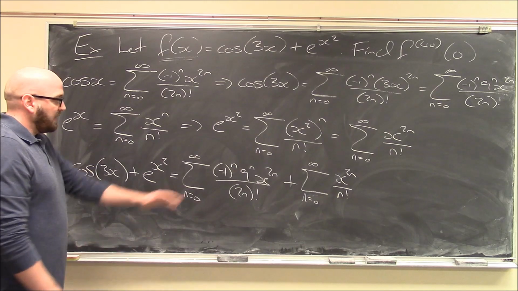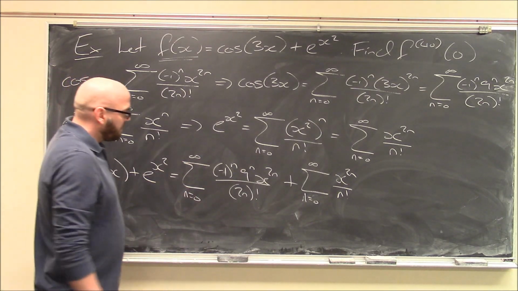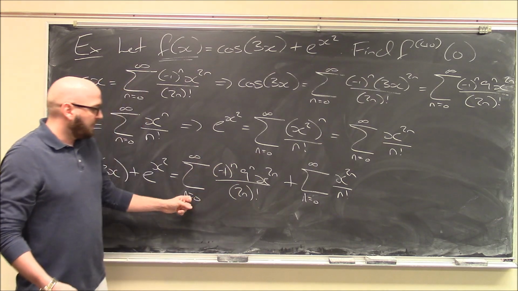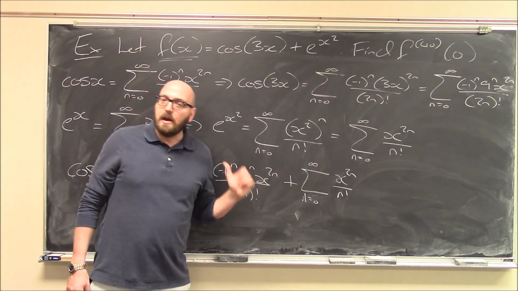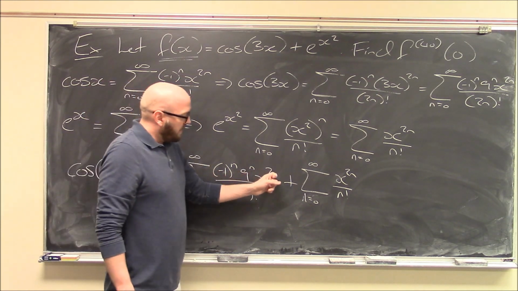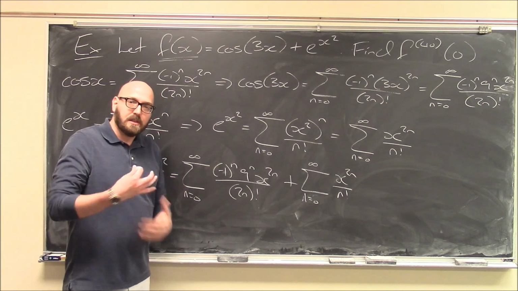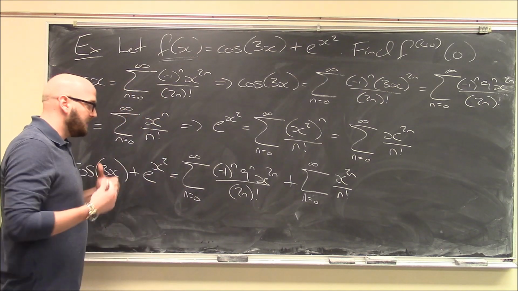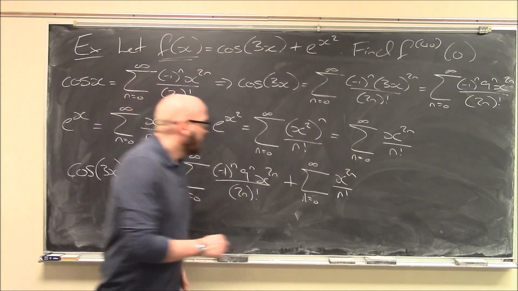So what I need to do is combine these, right? I can't have two different sums, and I can combine them. Sometimes you have to do a bit of work. If the indexing here doesn't agree, if they start at different points, you've got to count off some terms. If the powers of x don't agree, you'd have to factor out an x or something to make them agree so that you can combine them together by factoring. But here my powers of x match up, they start at the same point, so I can just write this